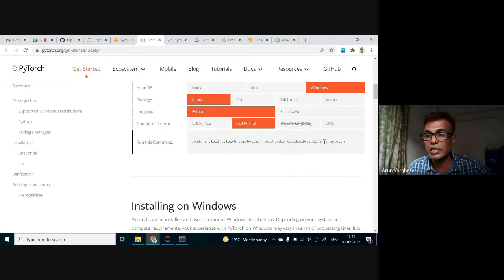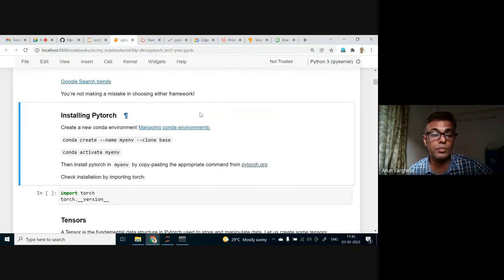And this -c Pytorch means the channel is Pytorch. There are many repositories from which you can install packages in Anaconda. So this channel, the place from where these packages are downloaded, they are called channels, and that channel is Pytorch channel. Okay. But before that, before installing Pytorch like that, I recommend you to create a new Conda environment